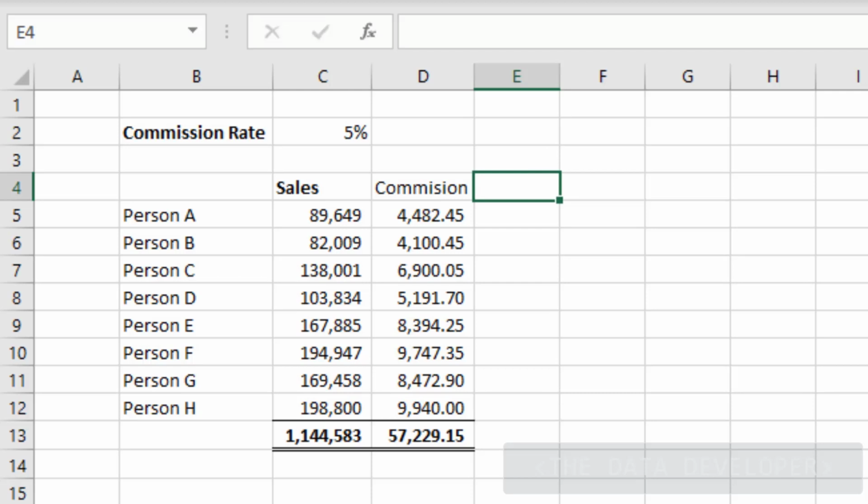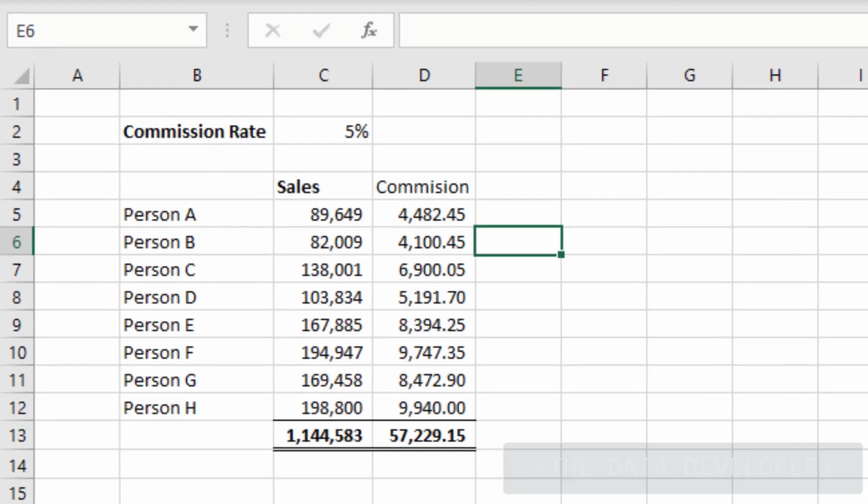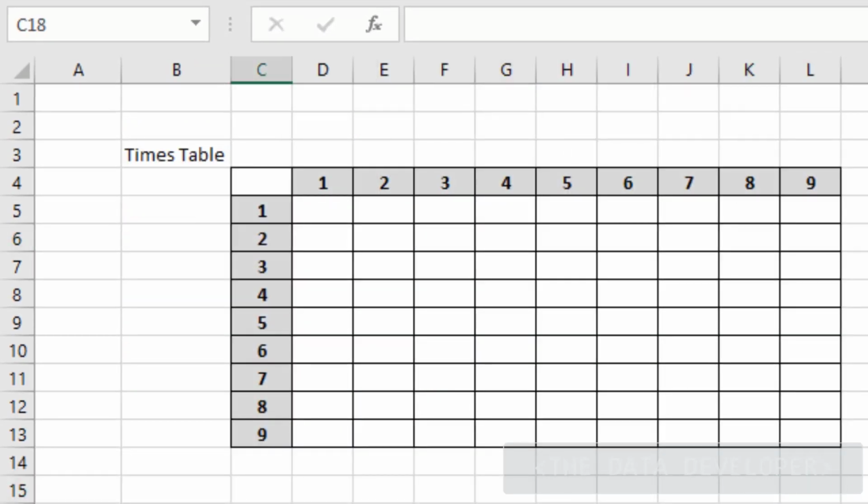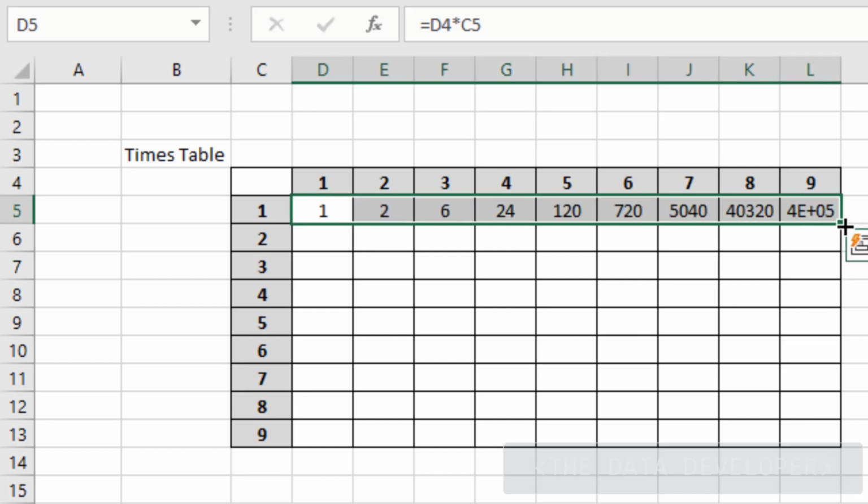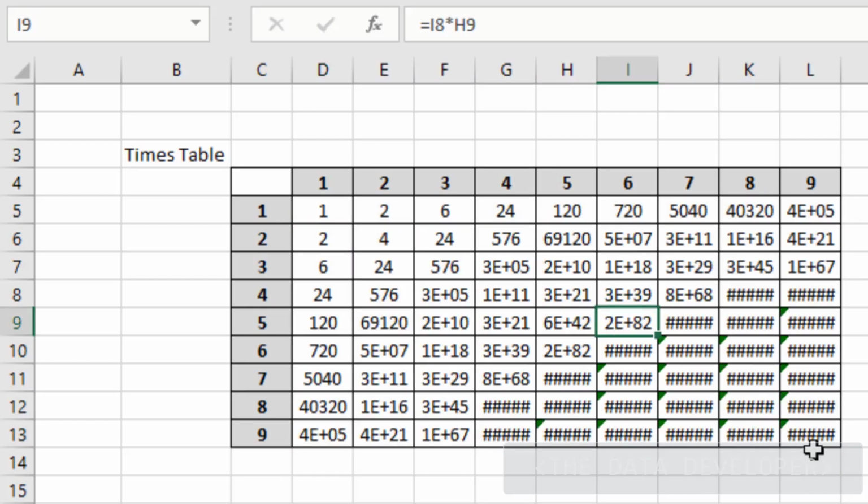So as I said before, sometimes you don't want to lock the column and the row. So now I'll show you an example of where that would happen. In here, this is something you might remember from school, a times table. What I want in each of these cells is the product of multiplying this row by this column. So if I do the first one, I'll say this is equal to that multiplied by the column, and you get 1. But obviously if I drag this out, I will get very weird answers,